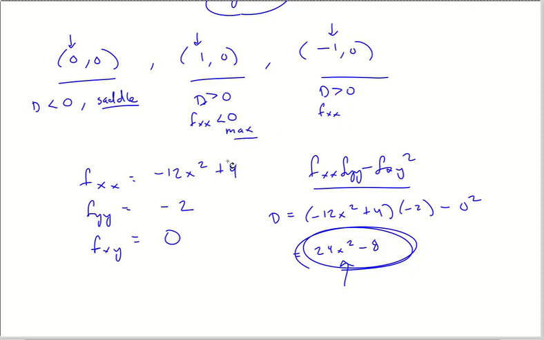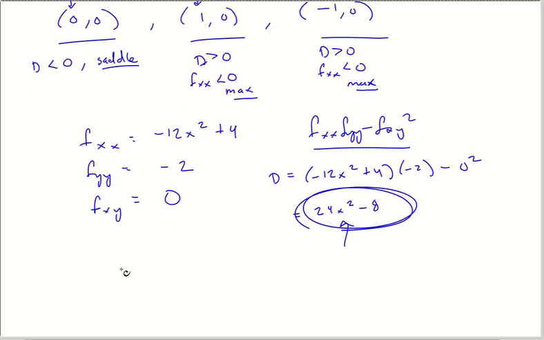If I plug in a negative again, yet again, I should get a maximum. Okay, so I got a saddle, max, max. Okay, here we go. Remember that the homework is saying, hey, what's my maximum value? They're wanting a z value. What's my minimum